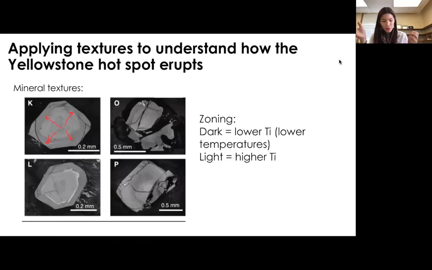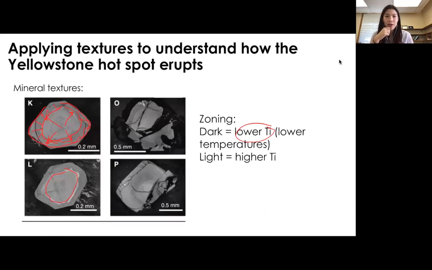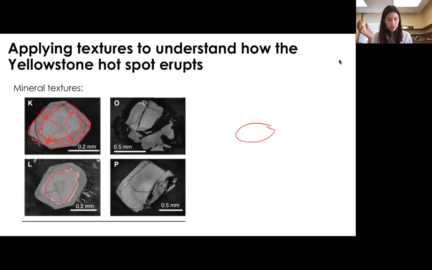So we know through previous literature that low amounts of titanium indicate lower temperatures. So these dark areas have lower temperatures, and the light areas tend to have higher temperatures, right? So the center of these minerals. So what does this tell us about how temperatures may have changed over time? It's up to you for your own interpretation, but now that you've looked at mineral textures, you've looked at